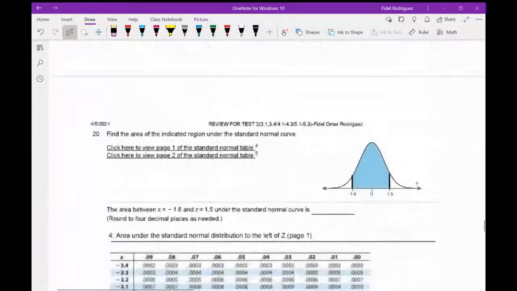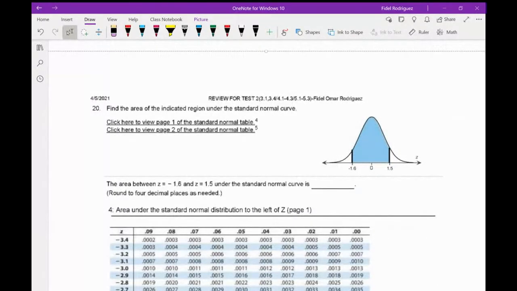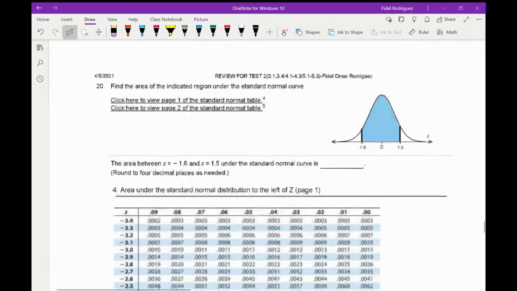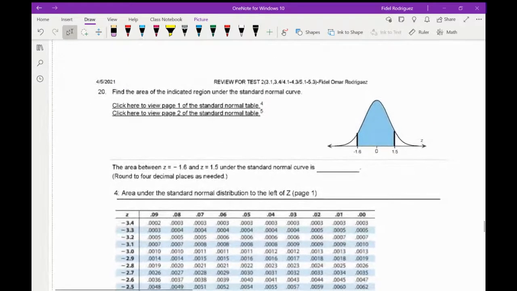So when I was showing you earlier that you can access the table in the last announcement, you definitely can if you want to, but the same exact table is going to pop up right here. Okay, so the first way I'm going to show you of doing this is by using the table, and then the second way I'll show you is doing the calculator, and then you get to decide which way you prefer, okay? Now, guys, when I'm using the table,